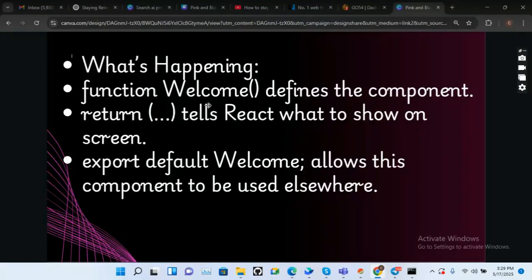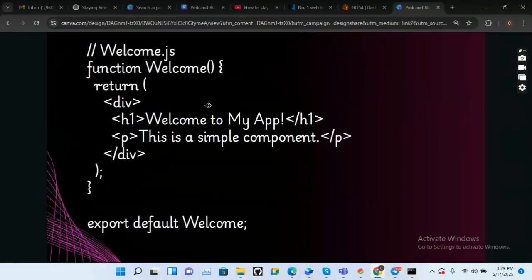Now, when you define the component, you return, what are you returning? You tell React what to show on the screen, and then you export the default function. This allows the component to be used elsewhere, just like I said. Before I go on, let's check our